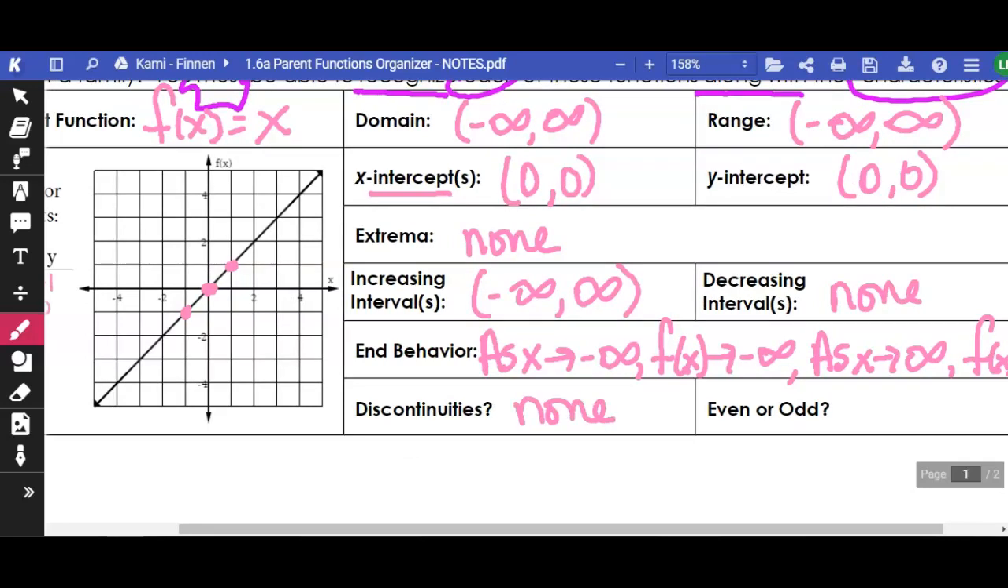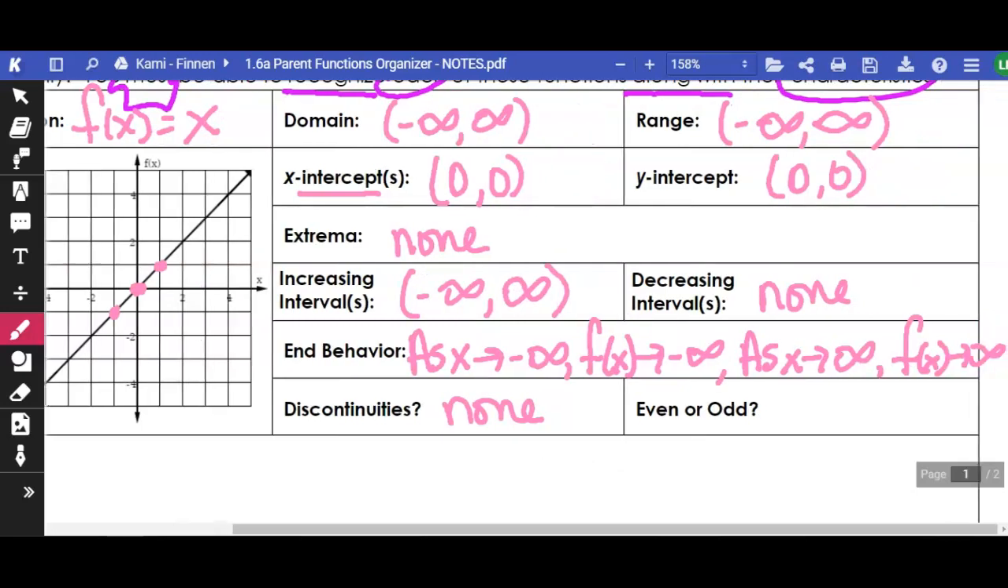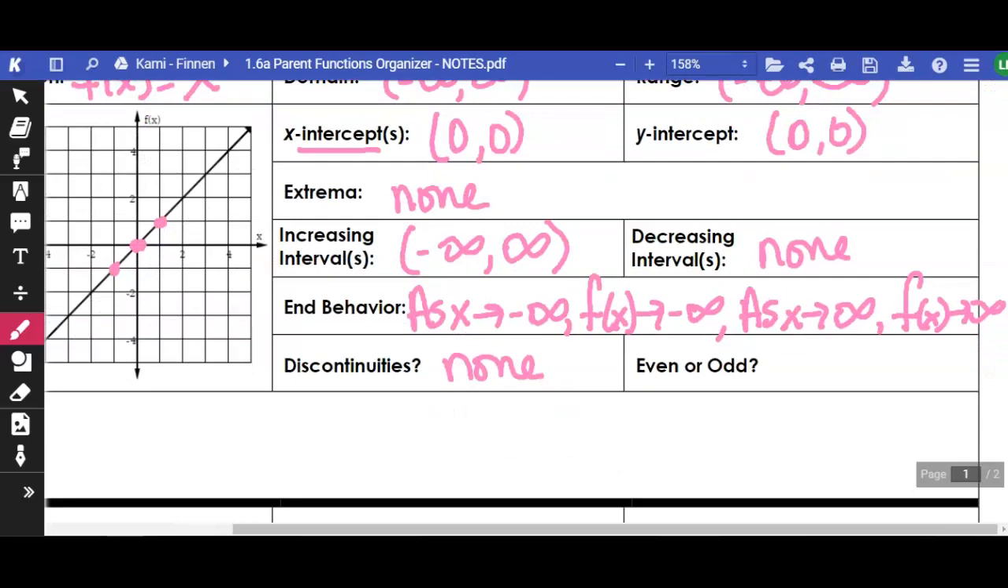And then is it even or odd? Okay, so you should be able to tell by looking, but I want you to show me, because these will all be very easy to show. I want you to show me, that's one of the reasons you have the space down here, what it looks like algebraically. So to figure out if it's even or odd, I have to do f of negative x, and f of negative x equals negative x, and that is negative f of x, and that is what actually makes